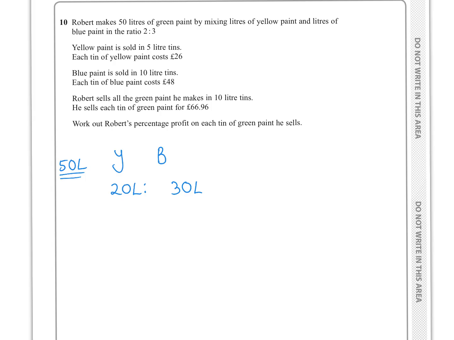Now, yellow paint is sold in 5 litre tins. Well, that's good because 20 divided by 5, that's going to be 4 of those. So you want 4 tins of yellow. And blue paint is sold in 10 litre tins, so we want 30 over 10, so that's 3 tins of blue. Well, 4 tins of yellow, that's going to be 4 times 26 in pounds,